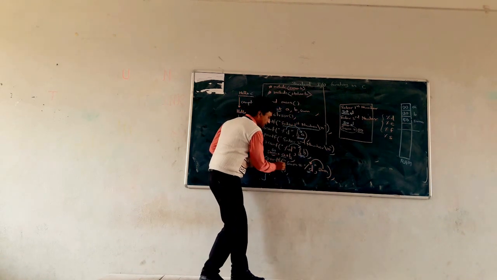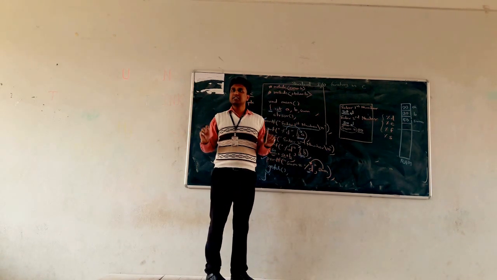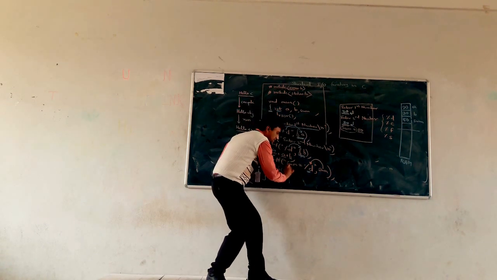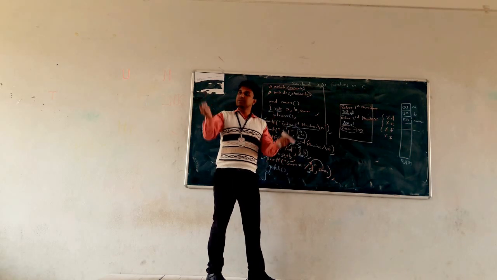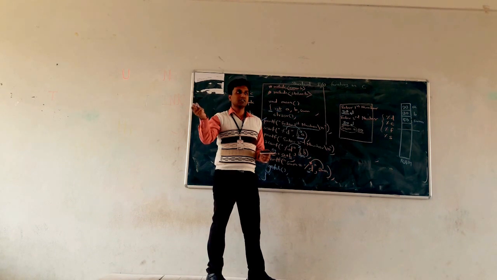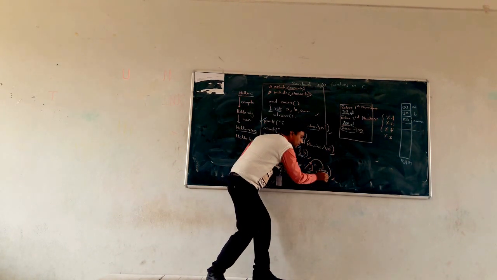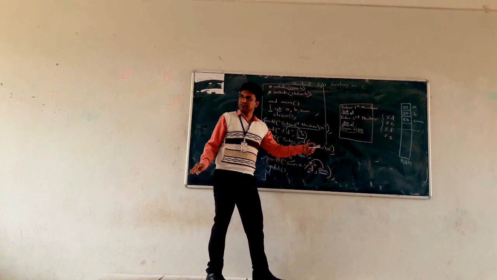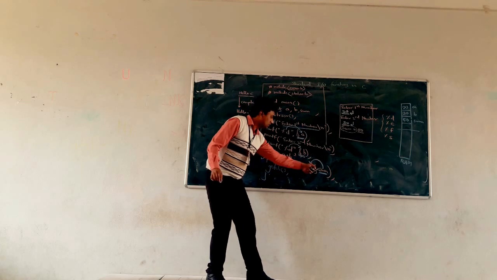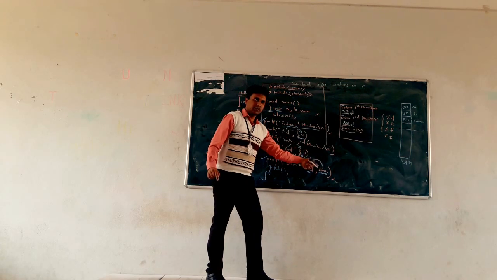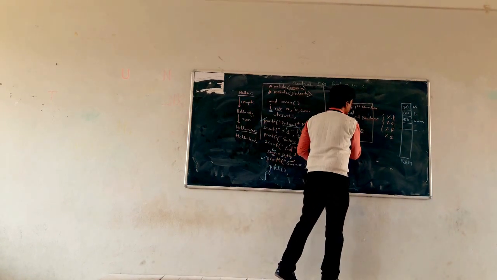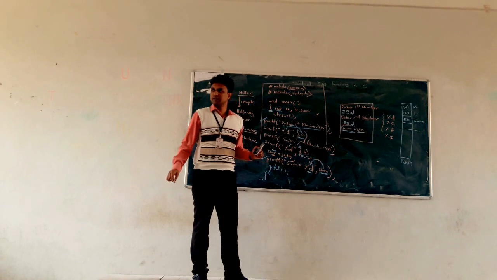And the last thing, printf. Whatever is in the double quotes, only that part is printed on the console. So what is there? Sum is equal to percentage d. That part gets displayed on the console. But the formatting type is not printed as it is on the console. Instead of that, whatever variable name you write, the value in that variable is printed instead of percentage d. So what is the value inside sum? 50. So this 50 is printed. So what is the output? Sum is equal to 50.